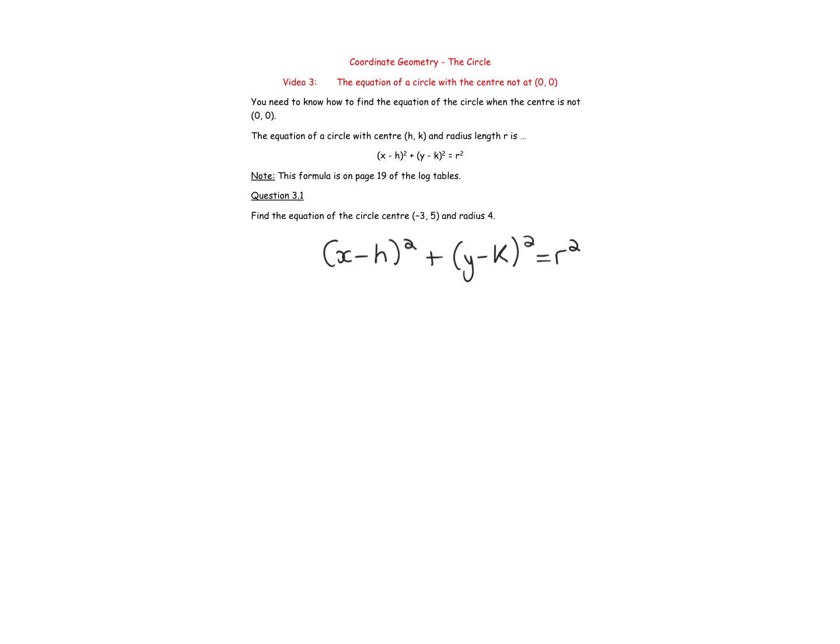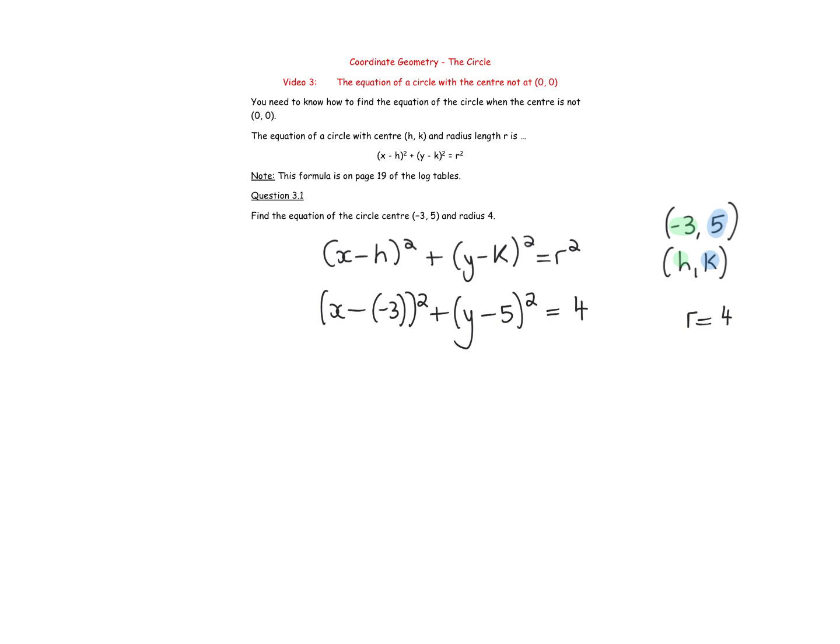The next thing we have to do is we take what we're told the centre point is, which is minus 3, 5, and we match that up with h, k. So in this example, we have that h is minus 3 and 5 is k. Then we have the radius, and we know that's r, and in this case, r is equal to 4. Then what we do is we just fill it into the equation. So this becomes (x minus minus 3) squared plus (y minus 5) squared is equal to r squared, and r is